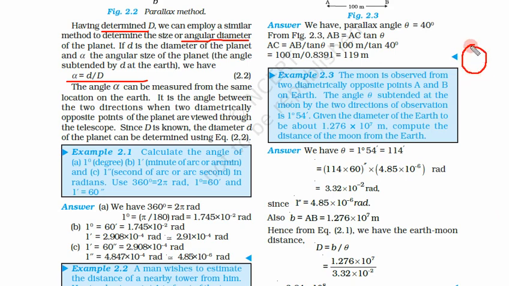Let us see what is the different situation now. Let us say this is the moon. We want to know what is the diameter of the moon. So this is the diameter of the moon. So this is Earth, but this time we will use the same point on Earth. So first we will see this point of the moon, and second we will see this point on the moon from Earth, but we are seeing this time from the same point. Previously we were using two different points on Earth to see the star, but right now since we are measuring the diameter, we are seeing two points on the moon from the same point on Earth.